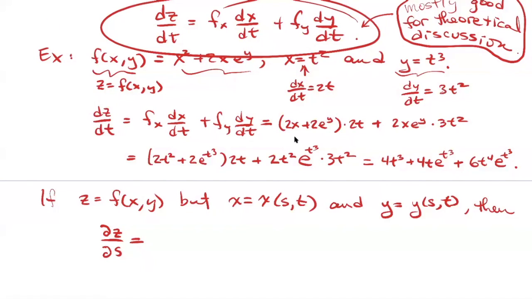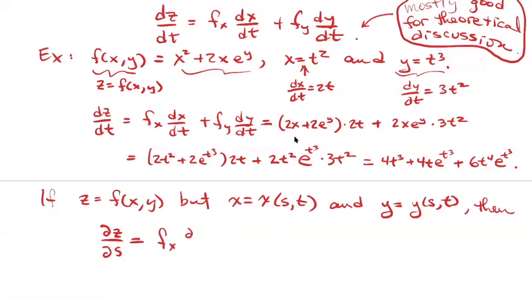Instead of taking a derivative with respect to t, I'll use an s. And instead of using d's, I'm going to use these symbols that are called nablas. So I'll have f_x partial of x with respect to s plus f_y partial of y with respect to s, and